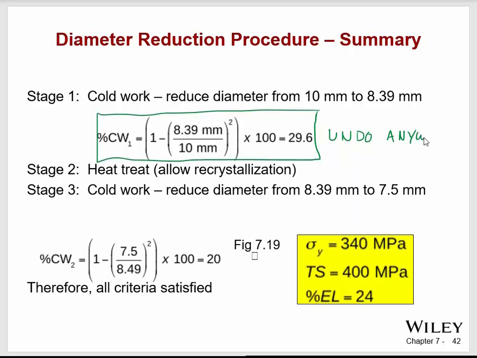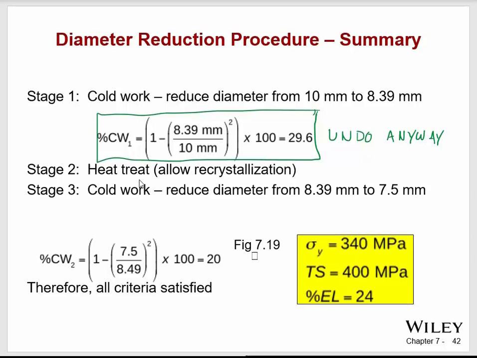So who cares? I don't need to know this number. I might ask you what that number is just to find out, but practically speaking, you don't need to know it. Then you're going to heat this to restore it back to its original material properties,